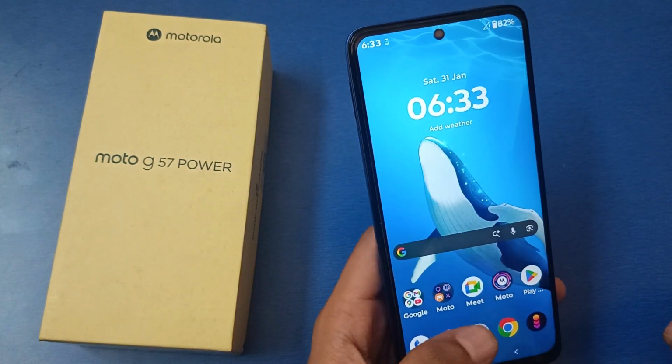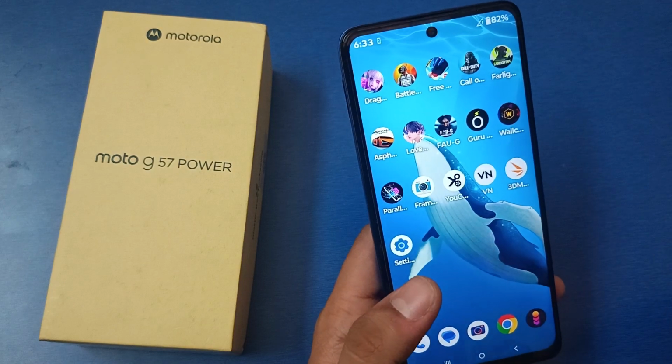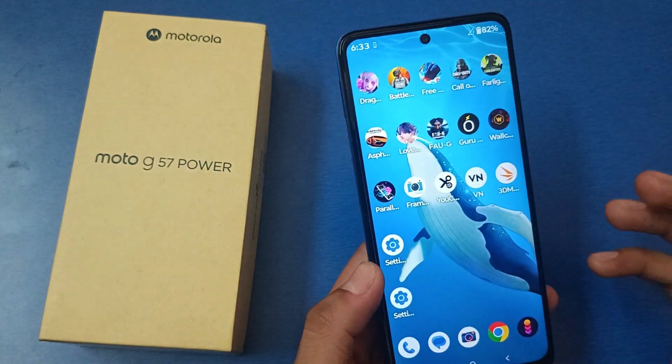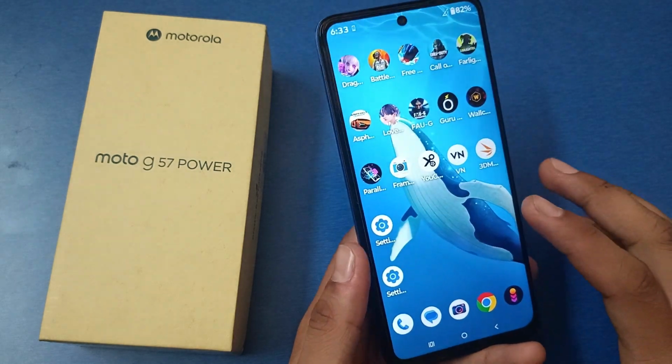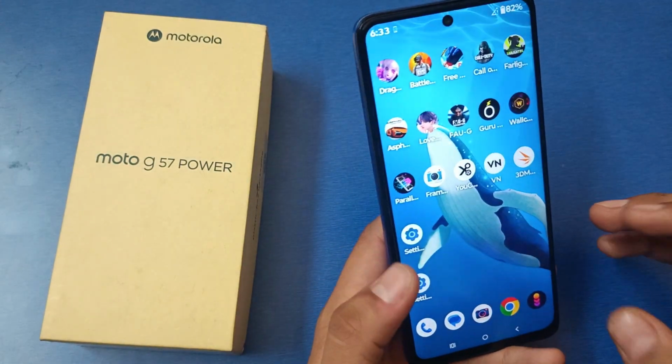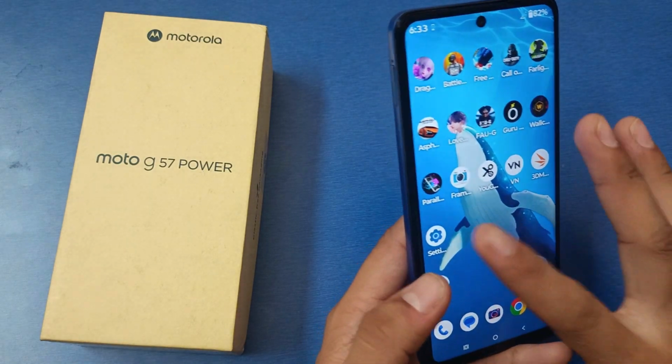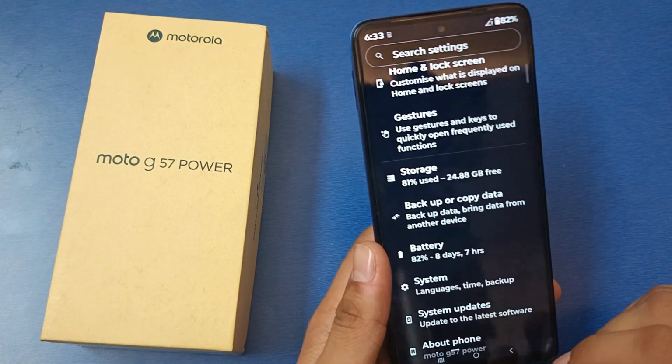In this video I will be telling about how to fix lags and hanging issues, 120 hertz, how to fix in this Motorola smartphone. So friends, if you are having these lags issue and hanging issues, first you have to open your settings and